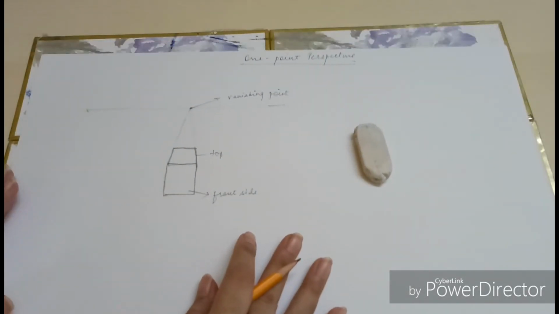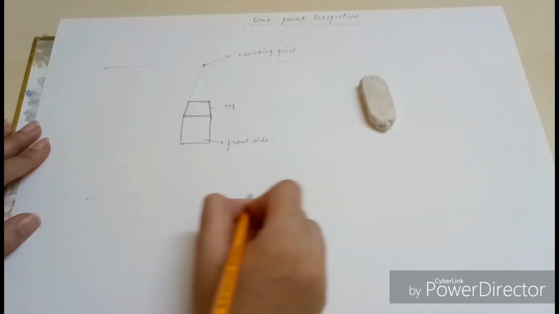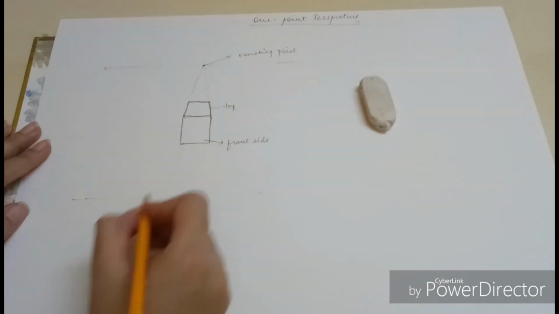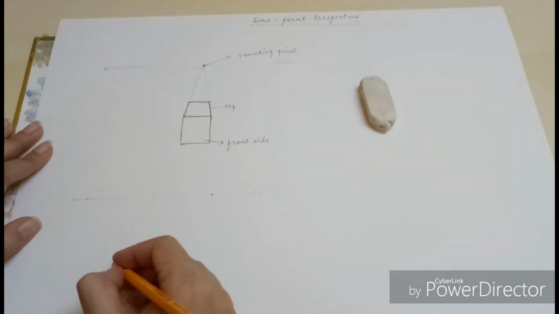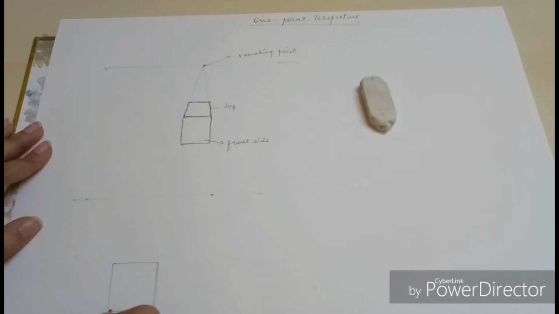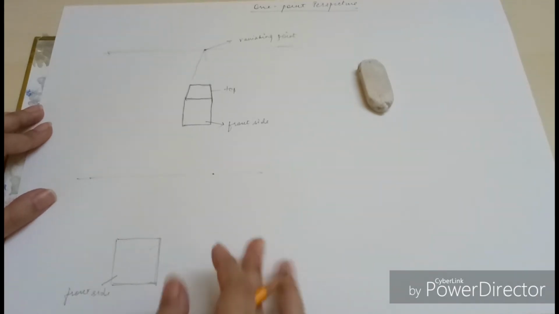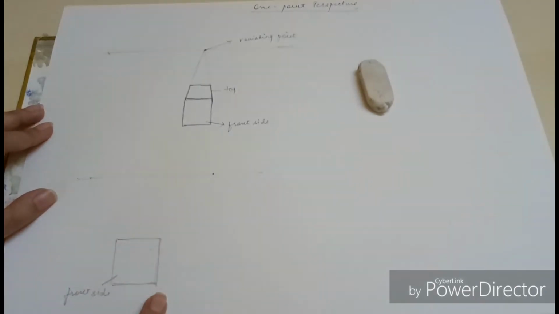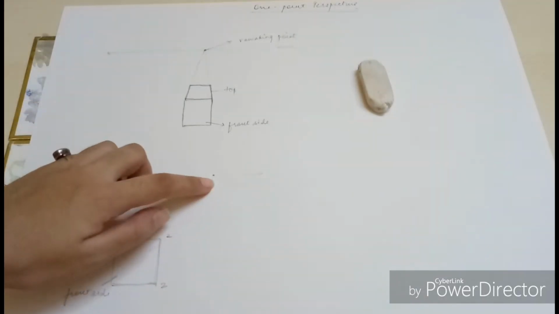But if you want to draw it from the side view, you have to look differently. Now I am drawing it from the side view. This is your vanishing point. Suppose the vanishing point is here. This is your cube's front side. Now you can see it. This is the front side of the cube. Now join all the corners of the cube, that is 1, 2 and 3, to this vanishing point.